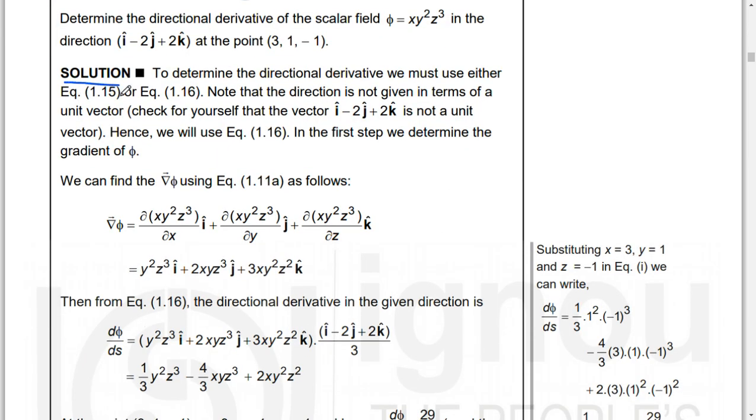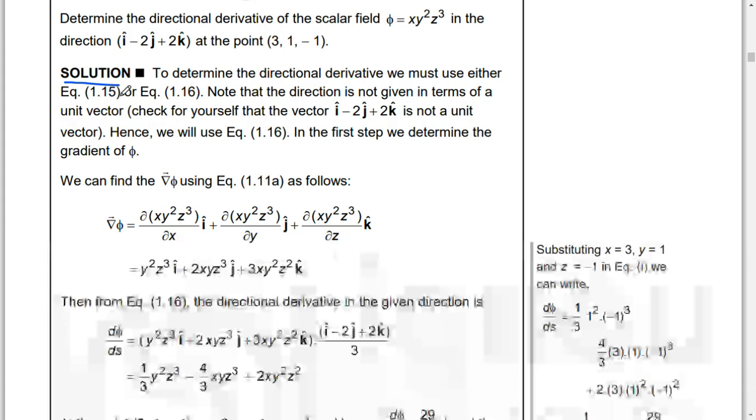Solution: to determine the directional derivative, we must use either equation or equation. Note that the direction is not given in terms of a unit vector. Check for yourself that the vector i cap minus 2j cap plus 2k cap is not a unit vector. Hence, we will use the equation. In the first step, we determine the gradient of phi. We can find del phi using equation A as follows: del phi equal to d of x y squared z cube by dx i cap plus d of x y squared z cube by dy j cap plus d of x y squared z cube by dz k cap